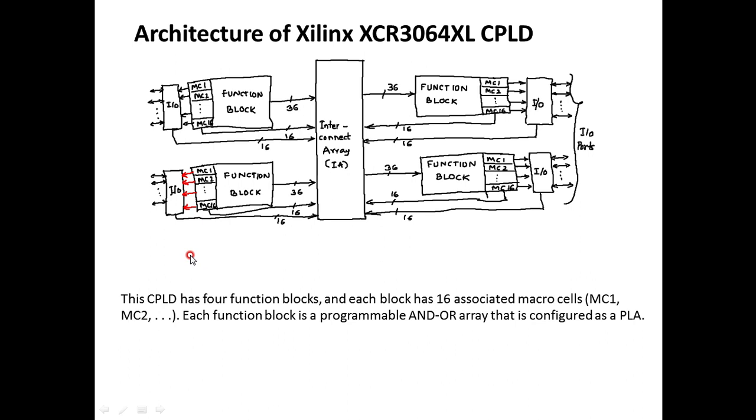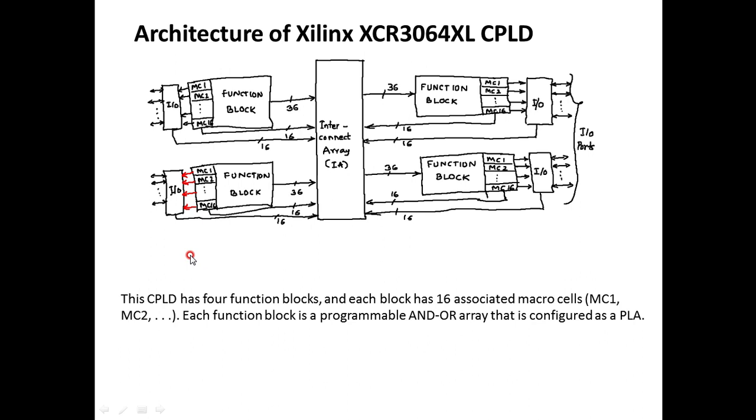IO means all the pins can act as either input or output. So while programming, we select pins whether they are input to the design, or output from the design, or input output both, bidirectional. We select before we program the device.